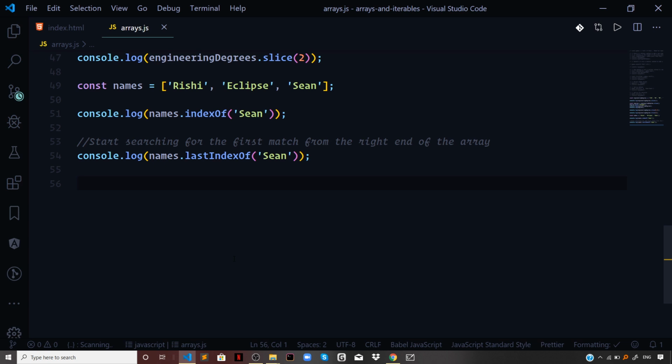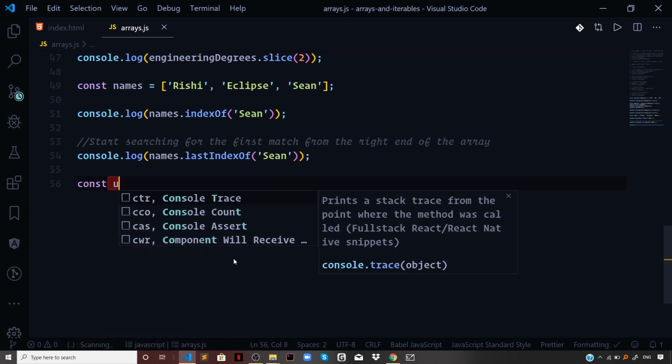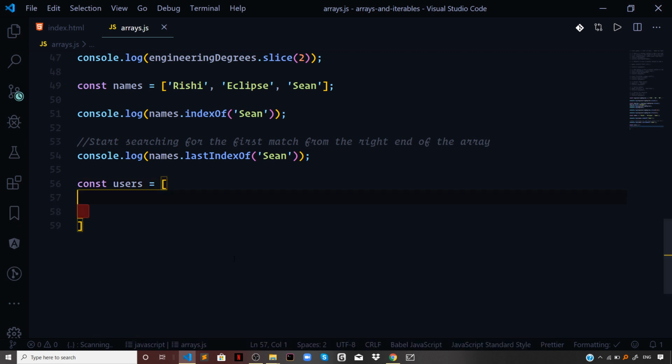Another important downside to indexOf and lastIndexOf method is that it works fine for primitive values but not for reference values. Let us say instead of the array of primitive names, we have an array of users and each user is an object. So I will create a new array and name it as users, and I will define a bunch of objects here. I will say name, set that to Scene, occupation, I will say full stack developer,